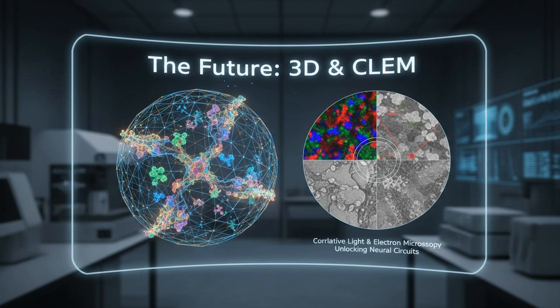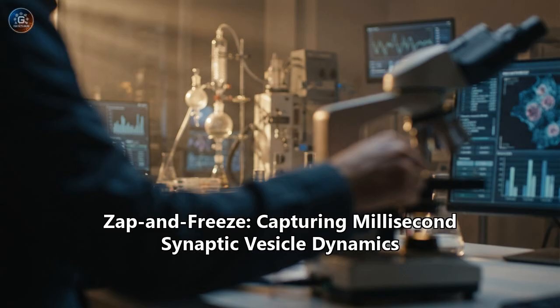Scientists are also combining this with super-resolution correlative light and electron microscopy, or CLEM. This involves flashing the neuron to stimulate it, freezing it, using a super-resolution laser to identify specific proteins, and then using EM to see the membrane structure. By overlaying the two images, scientists can tag the invisible actors in the electron micrograph, confirming exactly which proteins are driving the membrane bending. In conclusion, Zap-and-Freeze technology has fundamentally transformed our understanding of the brain's most basic unit of